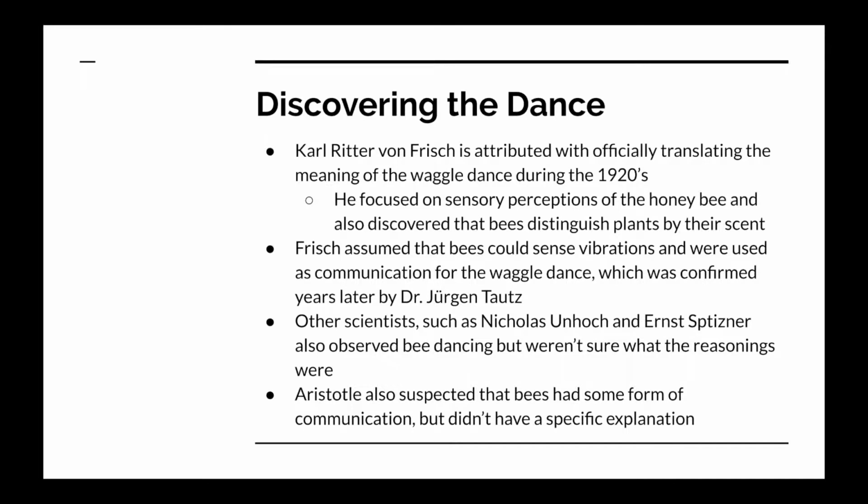The first scientist attributed with officially translating the meaning of the Waggle dance was Carl Ritter von Frisch in the 1920s. He had many discoveries about bees and focused a lot on sensory perceptions of the honeybee. He realized that bees could sense vibrations and used them as communication for the Waggle dance,